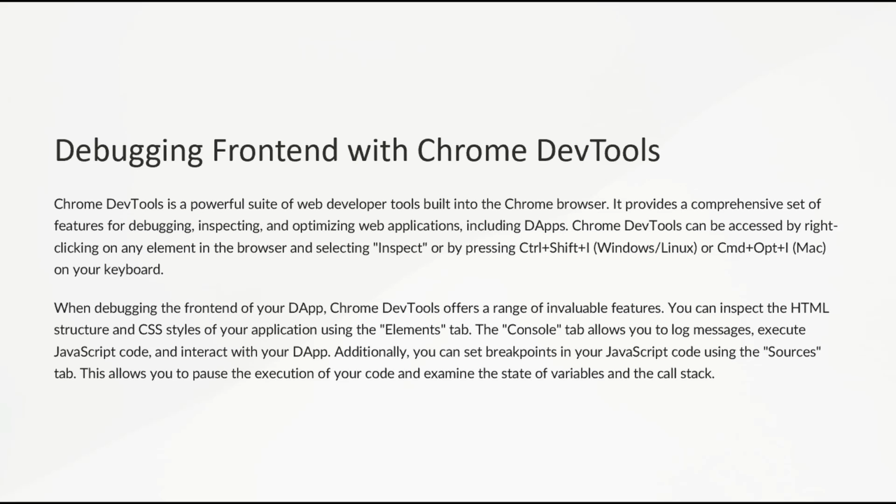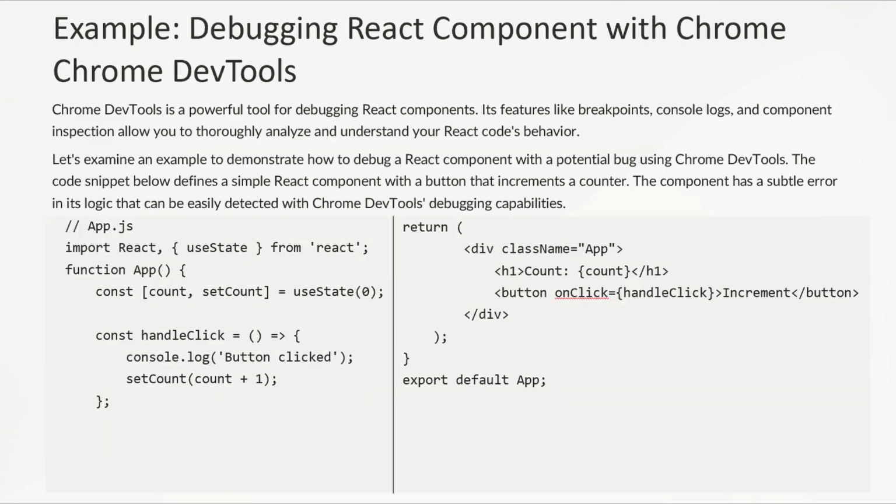Front-end debugging tools. Chrome DevTools, an integrated suite of tools in Chrome for debugging and optimizing web applications. It allows developers to inspect HTML and CSS, log messages, execute JavaScript, and set breakpoints. For example, in a React component with a button that increments a counter, a subtle logic error might cause the counter not to update correctly. Chrome DevTools debugging capabilities such as inspecting the console logs and setting breakpoints can help identify the mistake in the